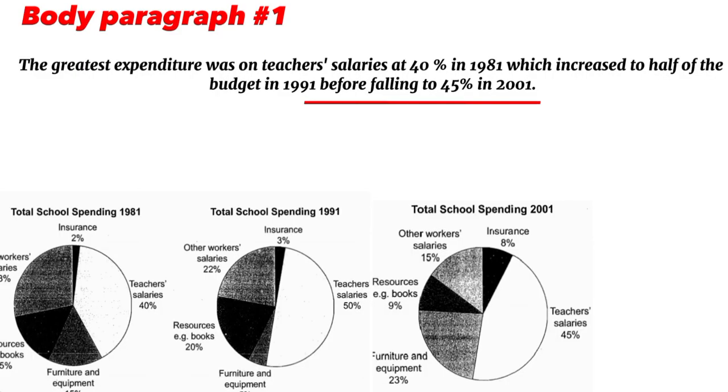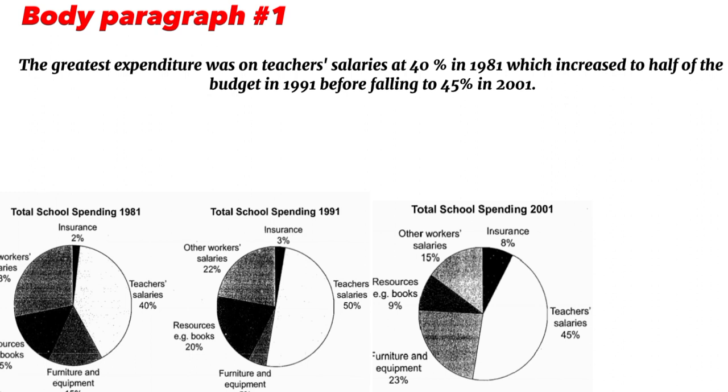Before falling to 45% in 2001. Look, in 2001 it fell to 45%. So here we mentioned the trend for the teacher's salary. Now what can we do for the next trend? I would advise you to always move from the top